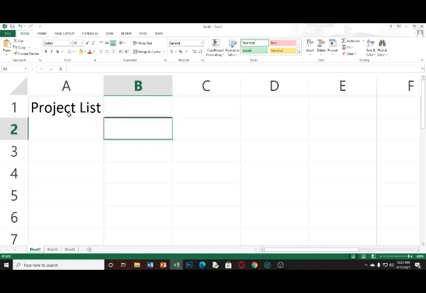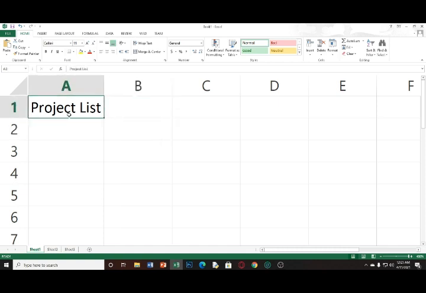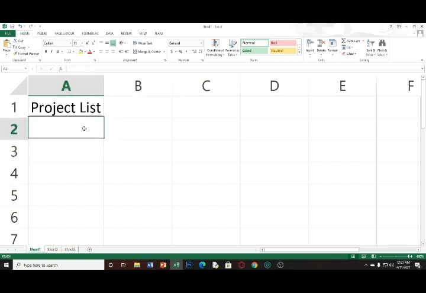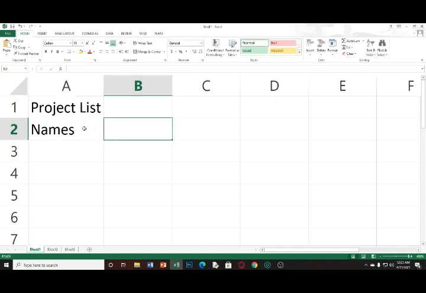If you find the up, down, left, right, you can also use that. Another thing is that you can use your mouse to go wherever you want. Now that I got my title in here, let me go to A2 and I'm going to put the word names. That's where I'll put the names of random people and I'll tap tab to move over to the right